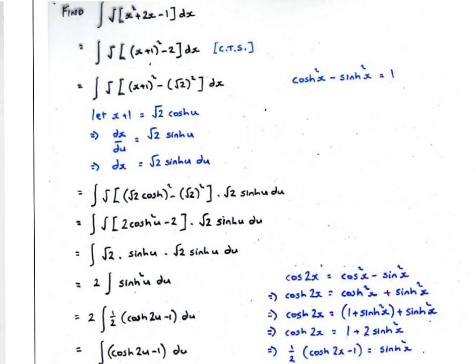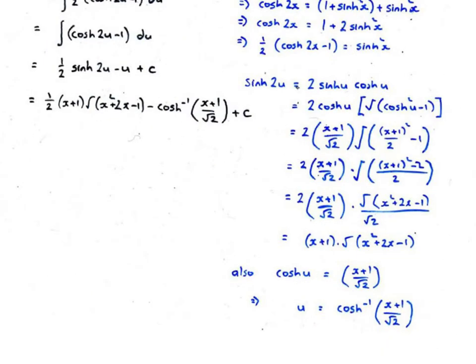Look at the previous page: x plus 1 is equal to root 2 cos u, so cos u is equal to x plus 1 over root 2. That's going back to where we started. When we then integrate this further, this is fairly straightforward. When we integrate cos 2u, we get a half sine 2u, and when we integrate minus 1, we get minus